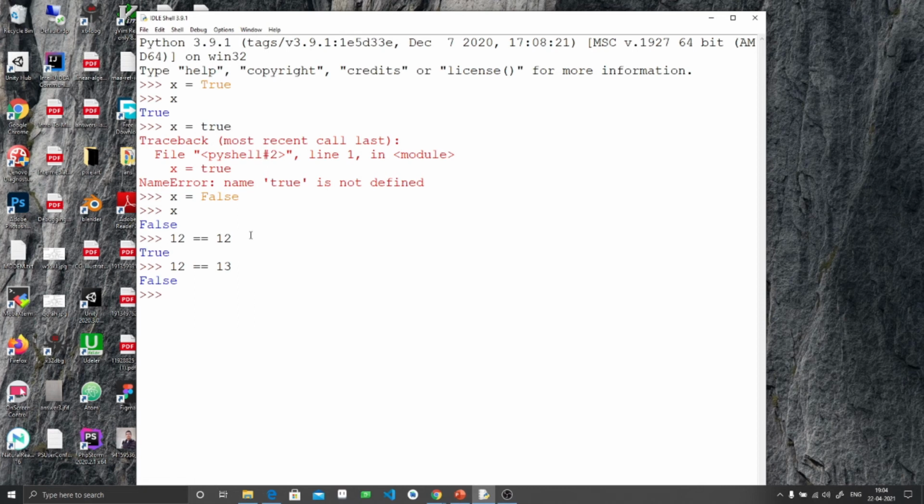As you can see, it has done like that. Now comes the inequality operator. 12 not equal to 12 will give false because 12 is equal to 12. But if I type 12 not equal to 13, it will give true, because 12 is actually not equal to 13.